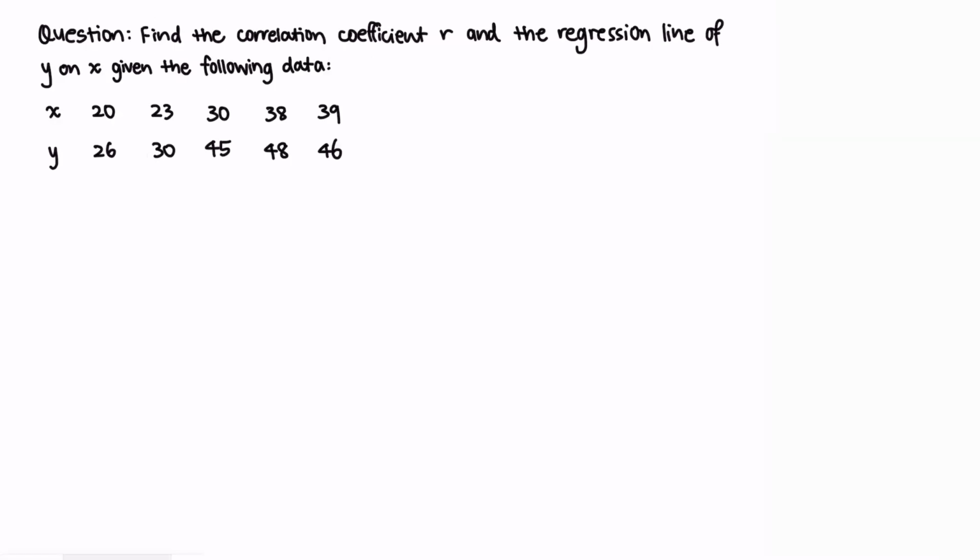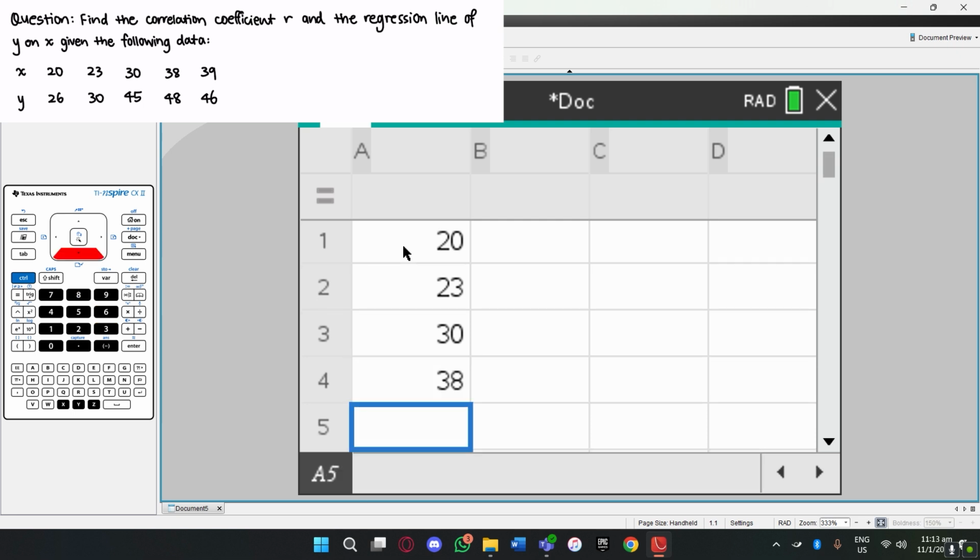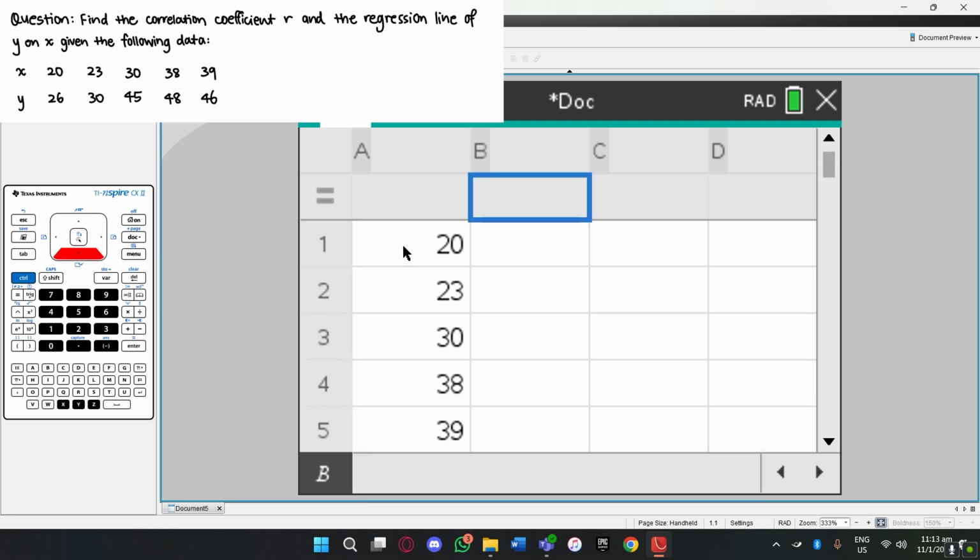Now let's look at this question, which is a very common question in paper 2. I'm going to show you how to use the GDC to solve this. Find the correlation coefficient R and the regression line of y on x given this following data. In our spreadsheets again, we want to key in the data for x into the first column. We always want to key in the x values into the first column. So we have 20, 23, 30, 38, and 39. Then we want to key in the corresponding y values into the second column. So we have 26,